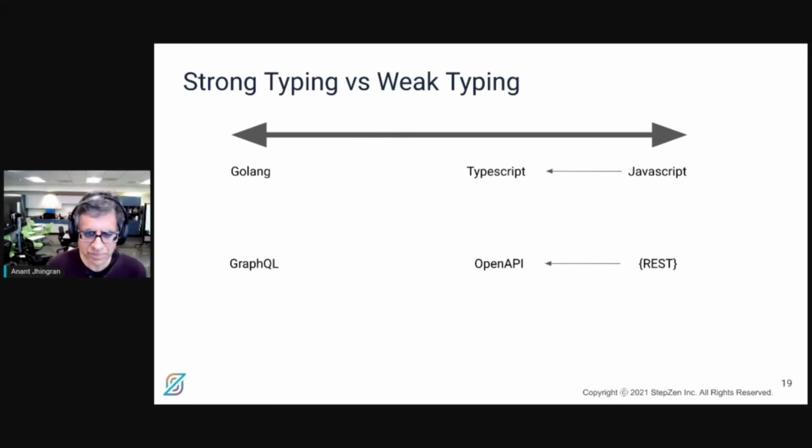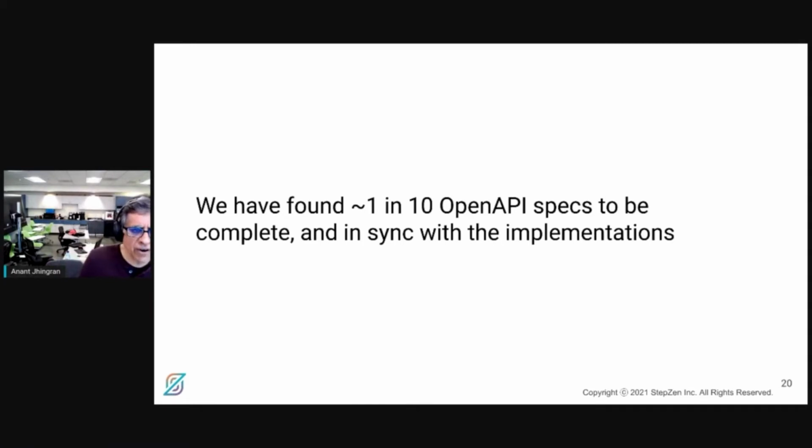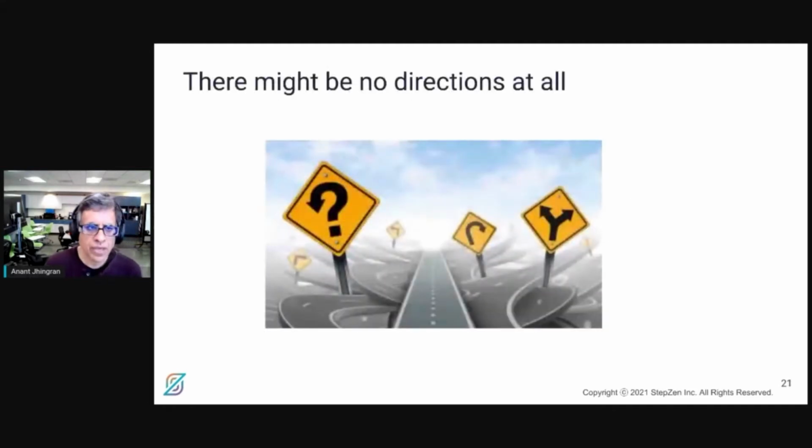What we have found is that only about 1 in 10 OpenAPI specs are complete and can be brought in without some modification and hacking. And even if these OpenAPI specs exist, they may be out of band and out of sync with respect to the actual implementations that exist out there.